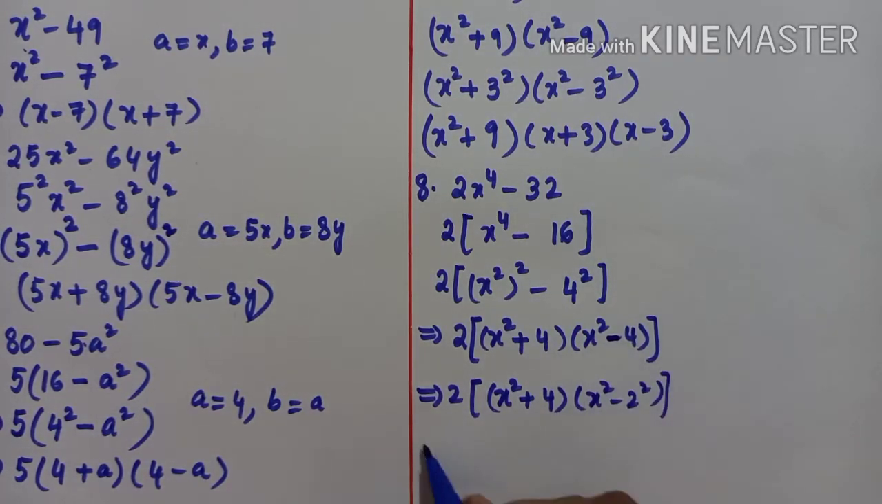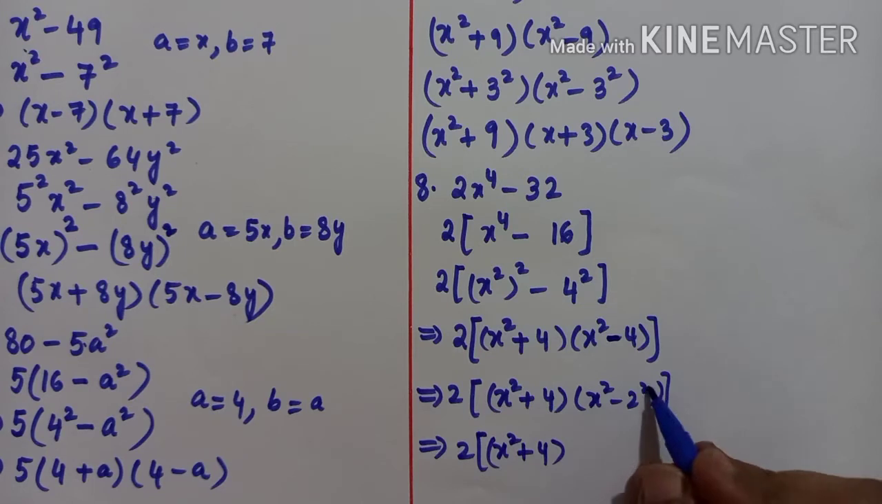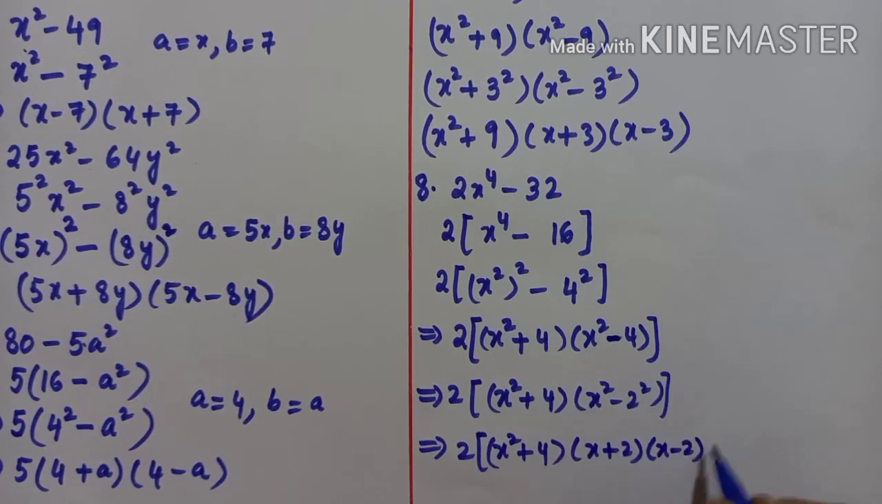So again, you get it in the form of a square minus b square. Okay, so x square plus 4, this is one expression. Then x square minus 2 square will be x plus 2, x minus 2. Okay, so here after this,